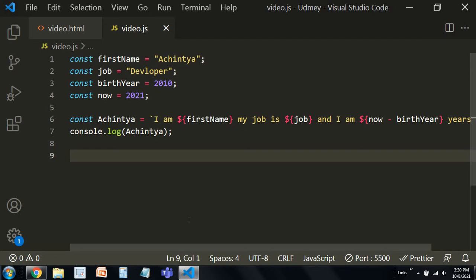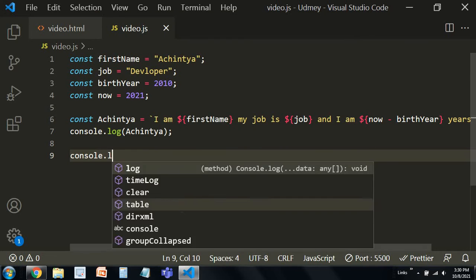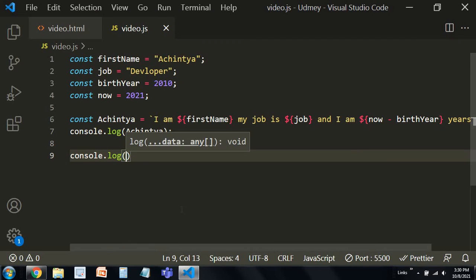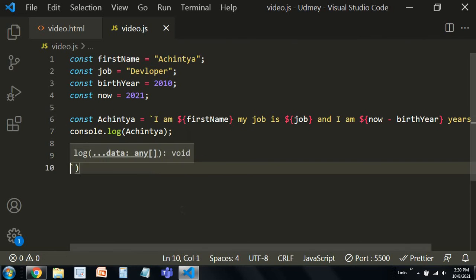Now the next thing is how you can write them on different lines. Suppose you want to write something on separate lines, so for that we are going to use console.log then a template literal. You can see that before the number one there's a key, you just press it and you'll get this symbol. Then write I, then press enter, then am Achintya.